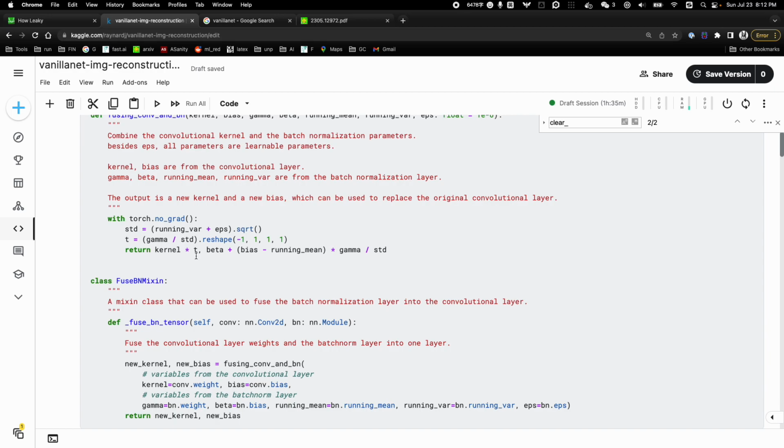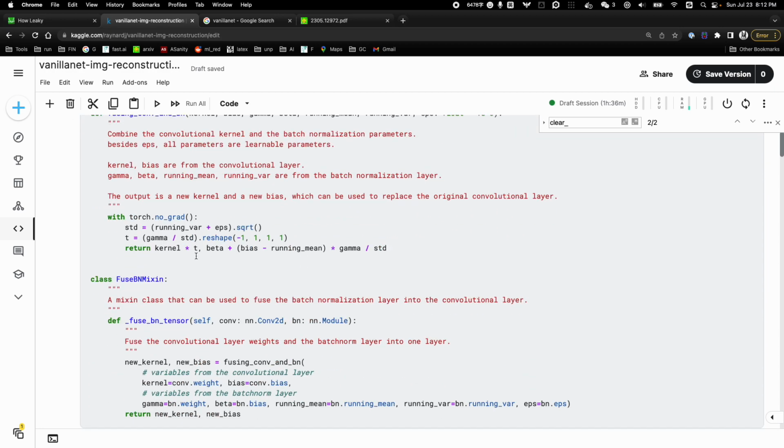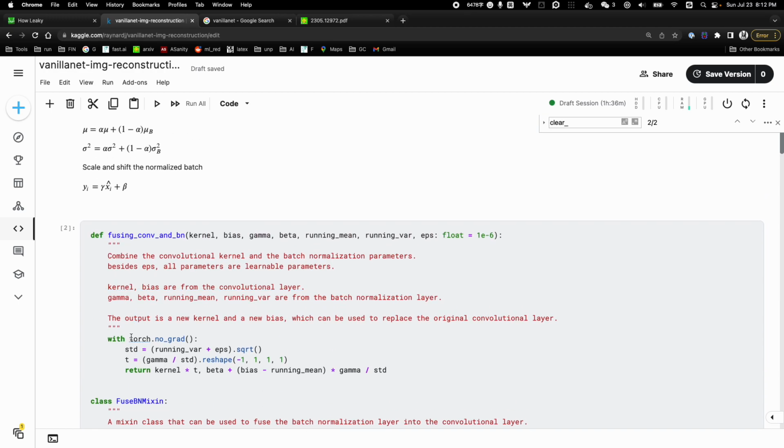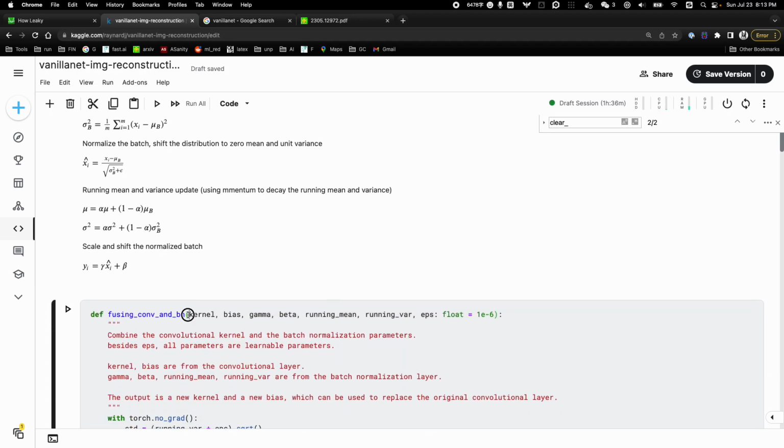Like if you combine lots of things, the calculation result, the same model will output different things. But they figure out a way, like before and after calculation, you can do this math operation, which involves two of the parameters. Say these two are from the previous convolution layer: its weights, its bias. And these four, if you're familiar with batch normalization,